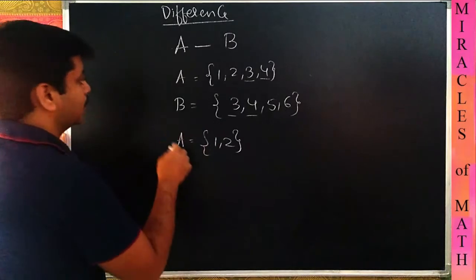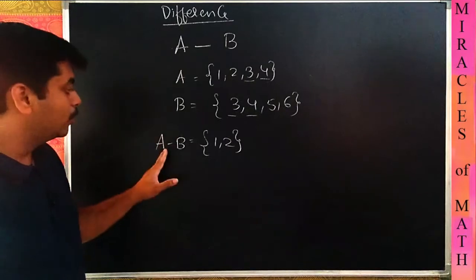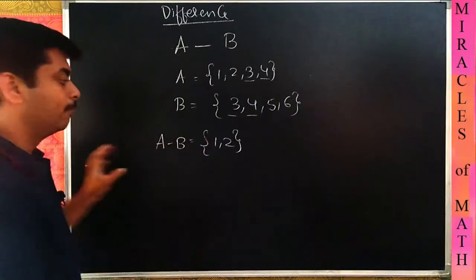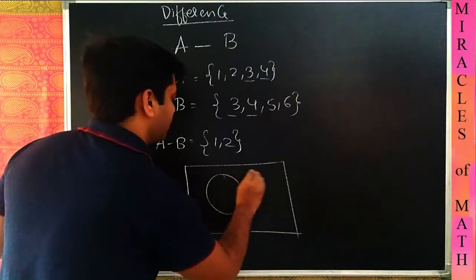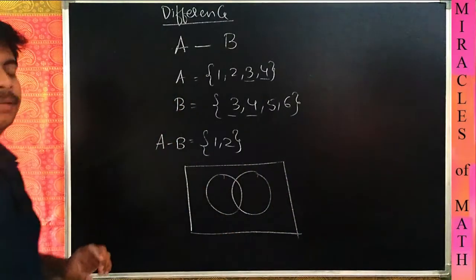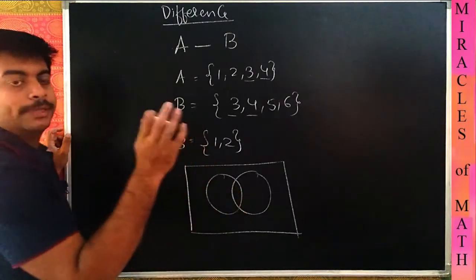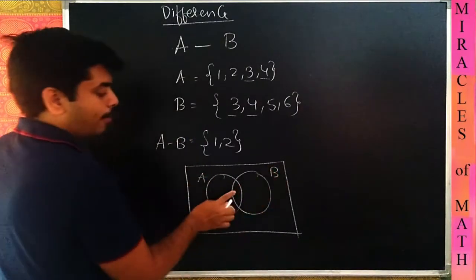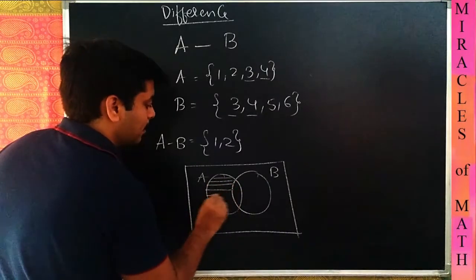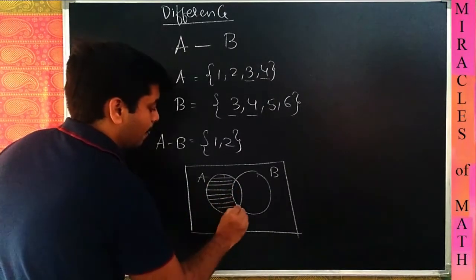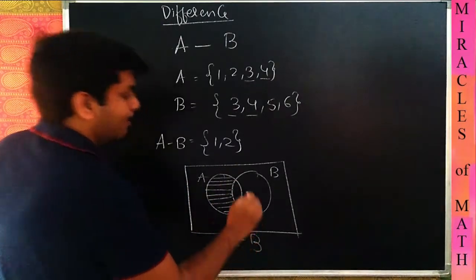What is this actually meaning? In Venn diagrams, what is that? Include A but not B. So how do we draw that one? You have a Venn diagram here, there are circles A and B. A should be there, but the common part with B should not be included. So this will be the shaded region without this common region. This is the Venn diagram for A minus B.